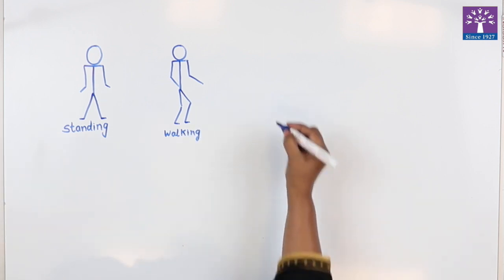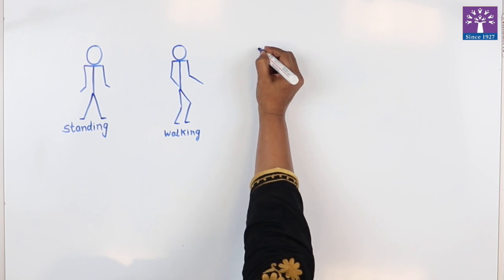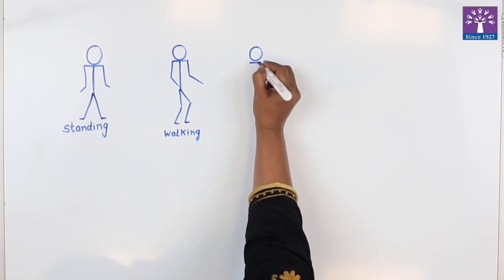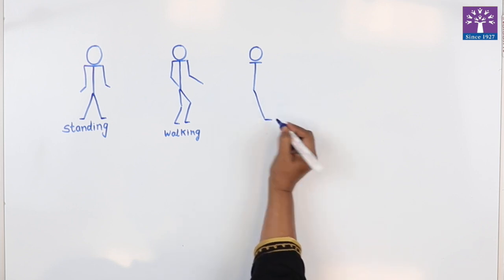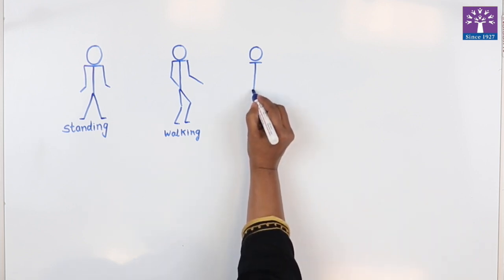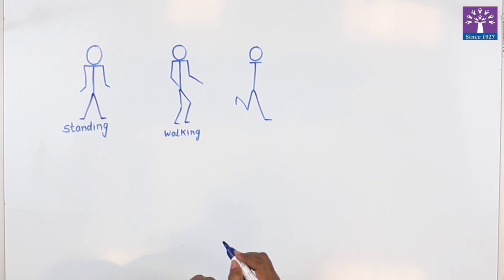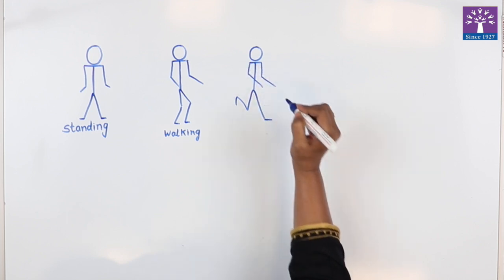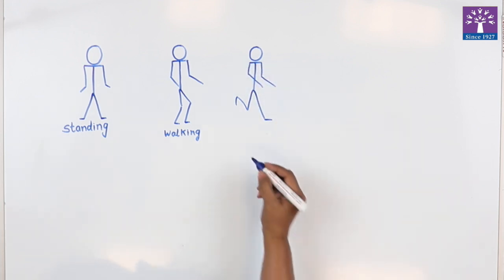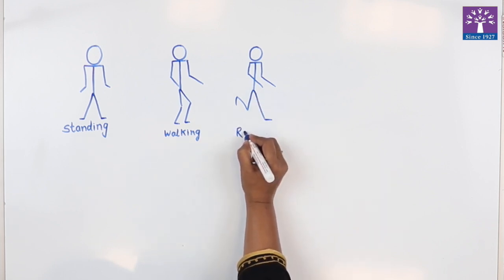Let's draw a running figure. A running figure is quite similar to a walking figure. The position of the legs change a little bit. The first foot will be straight. The second foot will bend a little. Hands. There. Doesn't it look as though the stick figure is running? So our third figure is a running stick figure.